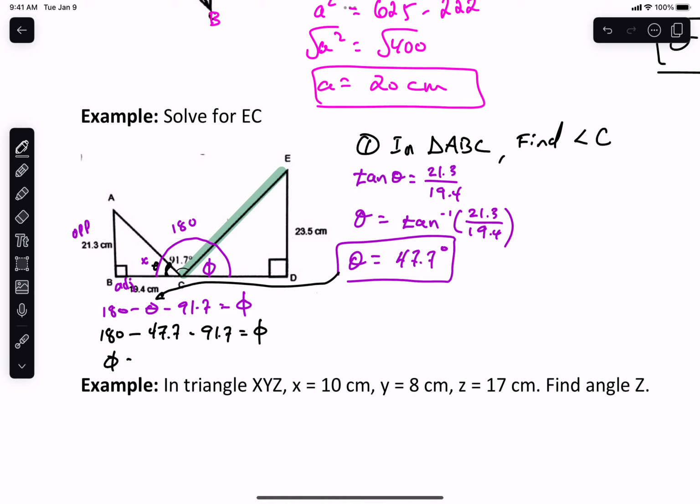So phi is going to equal 40.6. So now I know in here, this is going to be